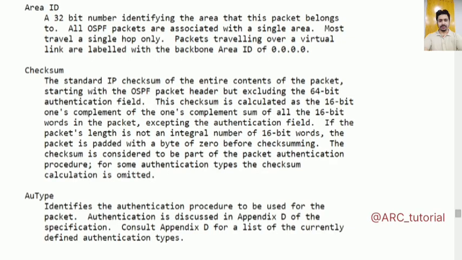Packet length, checksum: the standard IP checksum of the entire contents of the packet, starting with the OSPF packet header but excluding the 64-bit authentication field. This checksum is calculated as the 16-bit ones complement of the ones complement sum of all the 16-bit words in the packet excepting the authentication field. If the packet's length is not an integral number of 16-bit words, the packet is padded with a byte of 0 before checksumming. The checksum is considered to be part of the packet authentication procedure. For some authentication type, the checksum calculation is